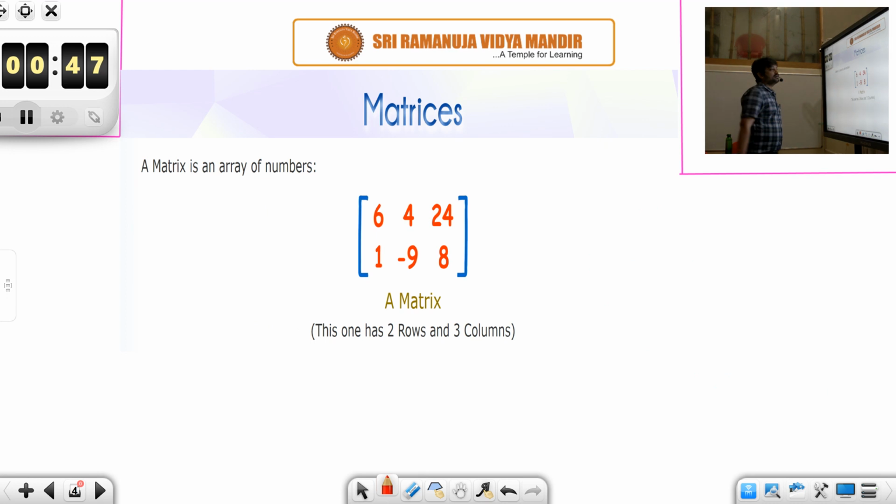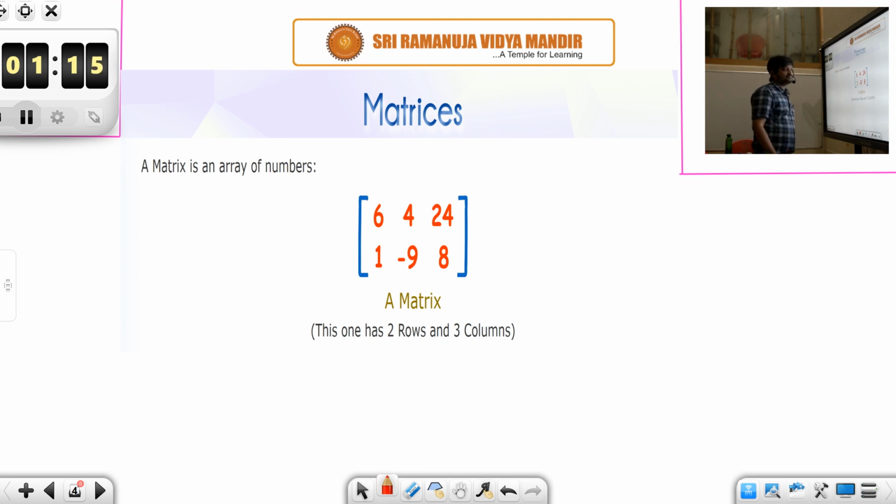And then matrices. What is a matrix? See, first of all, it is a rectangular arrangement of numbers. Whenever you place numbers in the form of a rectangle, such a group, a set of numbers. Till now we have dealt with individual numbers, but here we'll be operating on a group of numbers, and that too in the form of a rectangular arrangement. Such sets of numbers we'll call matrices.